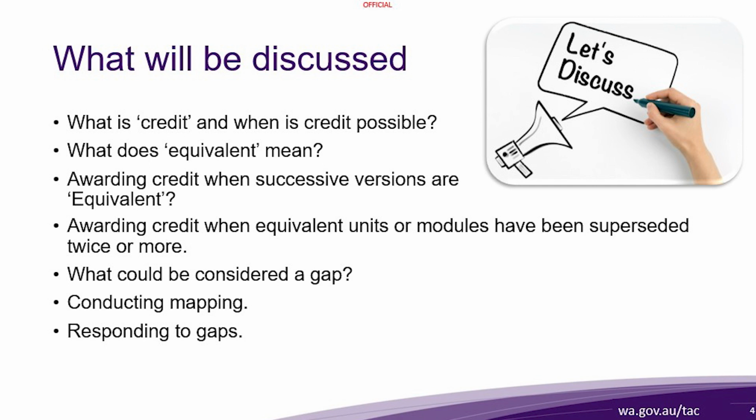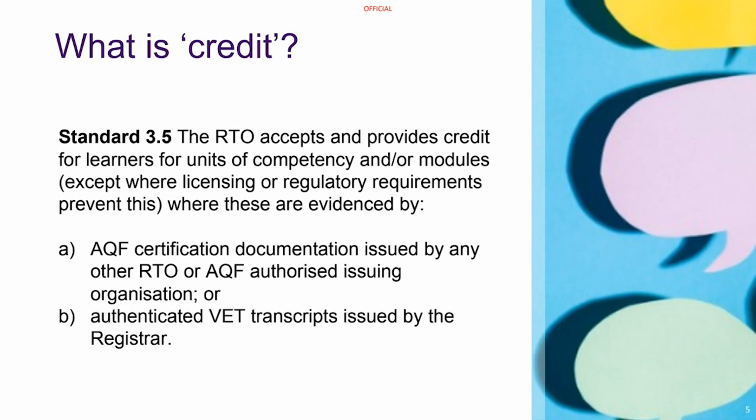The process that we're going to look at involves mapping, and so we need to ask ourselves the question, where does equivalence break down and what sort of gaps might there be, how we could identify gaps through mapping, and how we might respond to gaps when we see that the 2 units of competency, a unit that is currently a requirement of a training product and a unit that has been presented by a learner seeking credit. And within the whole of this, we'll be referencing back to those fundamental frameworks and principles and guidelines developed by the Training Accreditation Council.